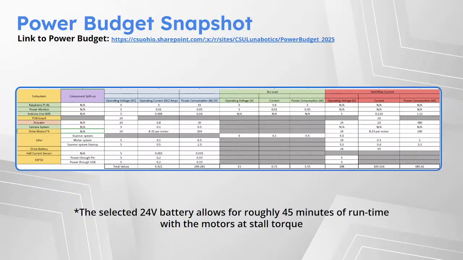Assuming that we were running our motors at stall torque for the entire half-hour run, we could still get about 45 minutes of runtime. So it's still over what we need. 25 amp hours doesn't sound like a lot, but it is more than enough for what we're using it for. Combined with the fact that we don't need any buck converters or anything to run the 5-volt system,